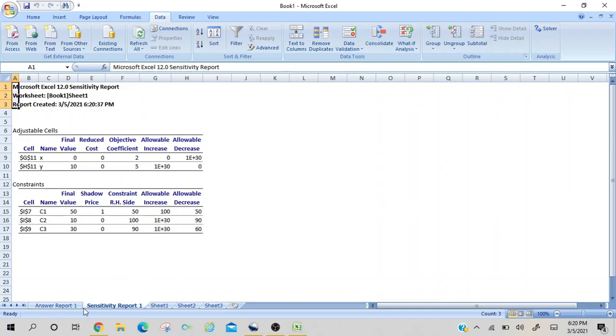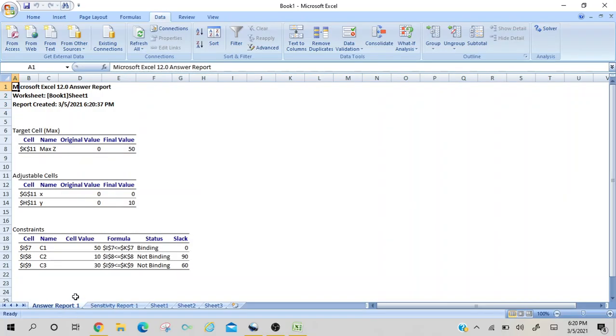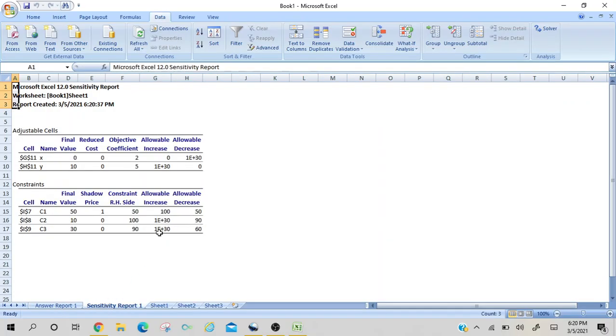Now how will we find that it's a multiple optimal solution case? For this, go to the sensitivity report. As we all know, the way to find a multiple optimal solution through the manual mode is that we look at the non-basic variables in our final table, whether they have a 0 value or not.